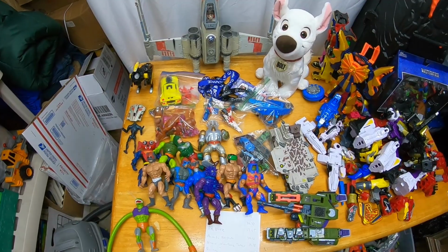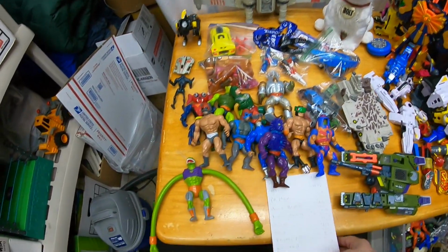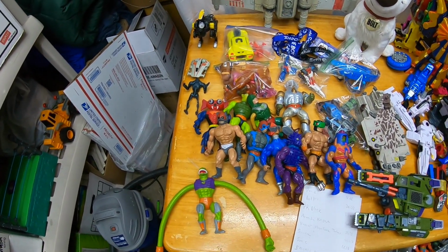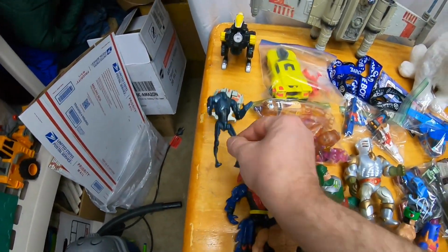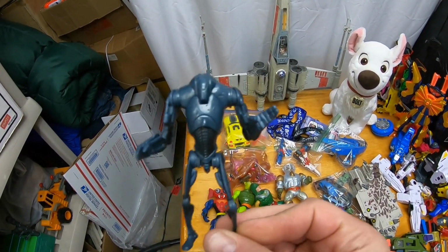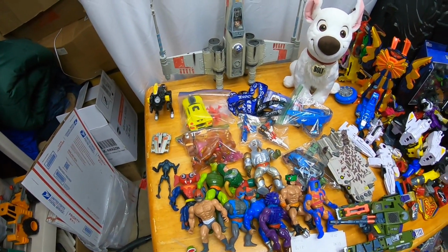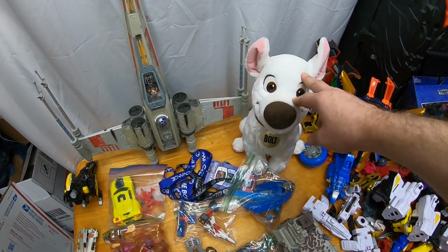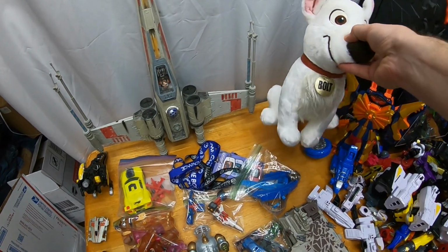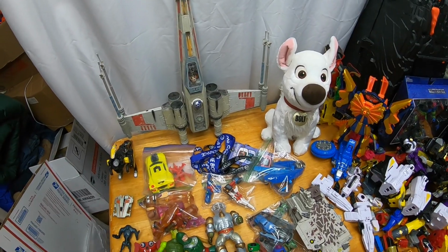Alright, I got quite the epic lot of sales right here. It's going to be on this half of the table. So we got this little Star Wars battle droid, sold for $12.66, total paid by the customer. And Bolt the dog plush, Disney plush, got that from I think Goodwill, $30.73, total paid by the customer for